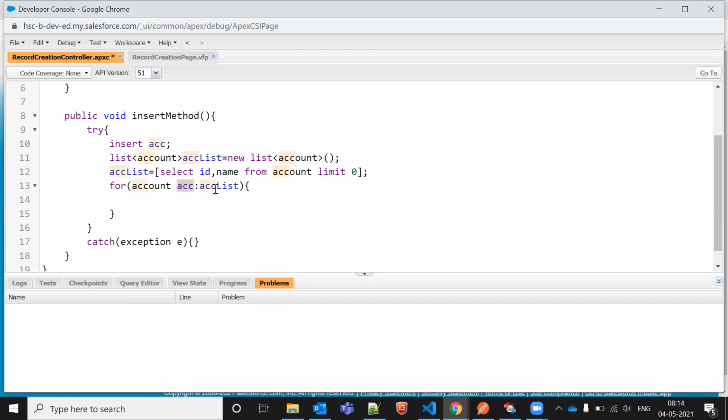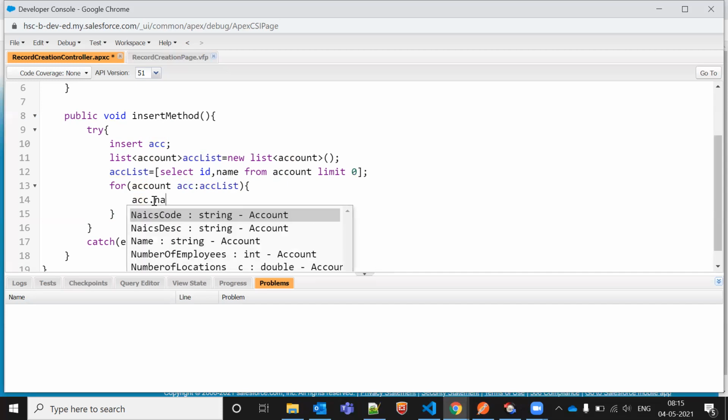Okay, so what is ACC list? ACC list is that variable where you are storing all the records. And what is ACC? ACC is nothing, that's a new variable which you created now. You can create anything, it's a variable. Now why I'm writing the 0 here, because we want to throw an exception here, and if you are getting some exceptions, that time we can capture in which line my code is broken. Okay, this is very simple code, but for the testing purpose we have this only.